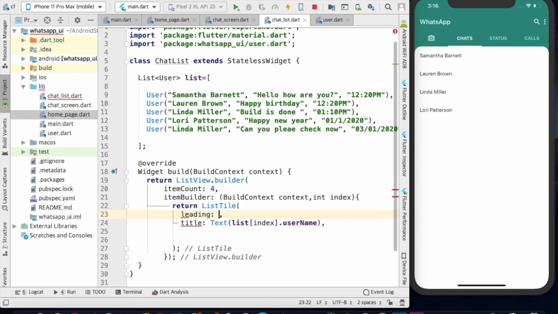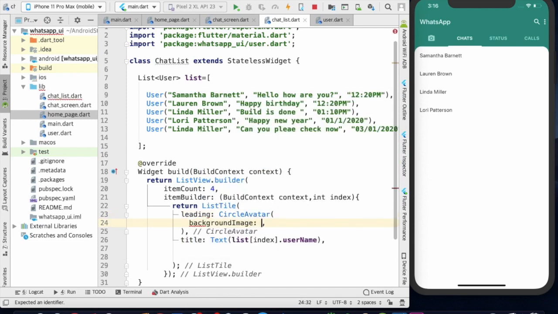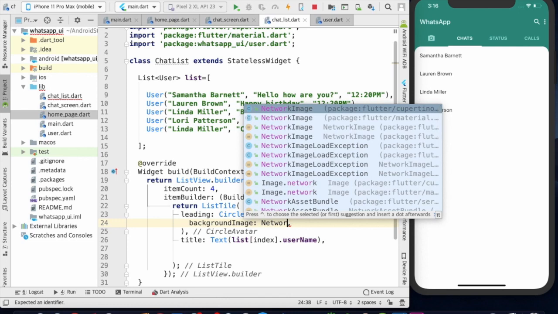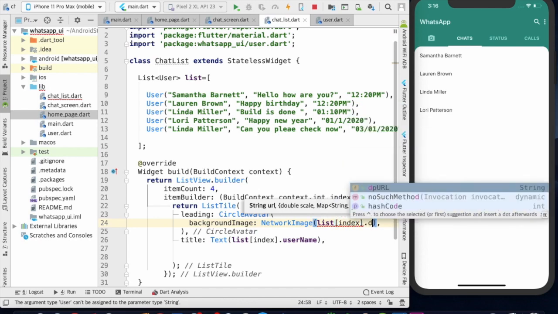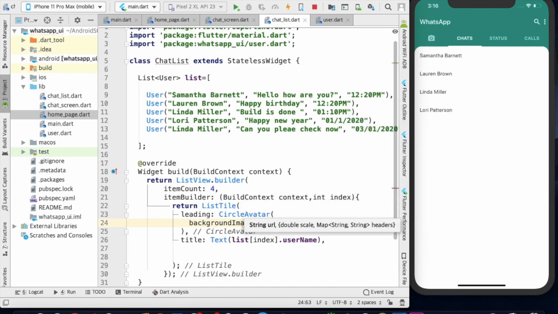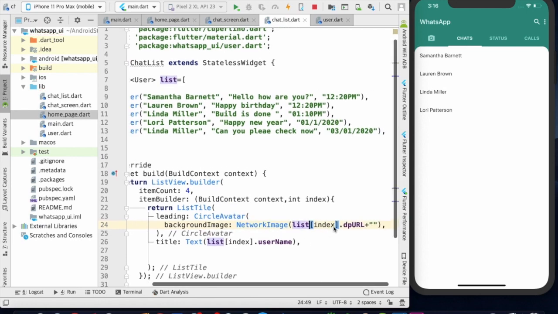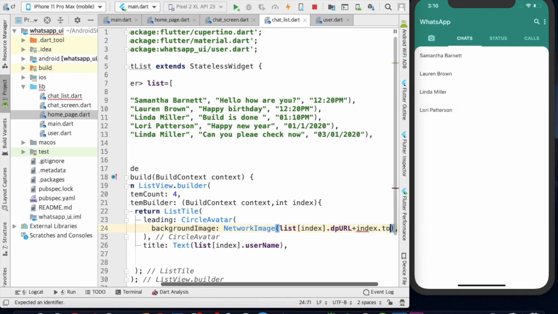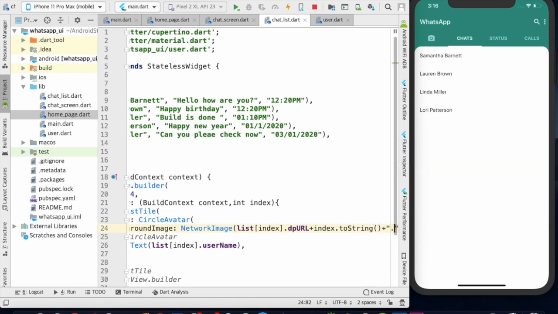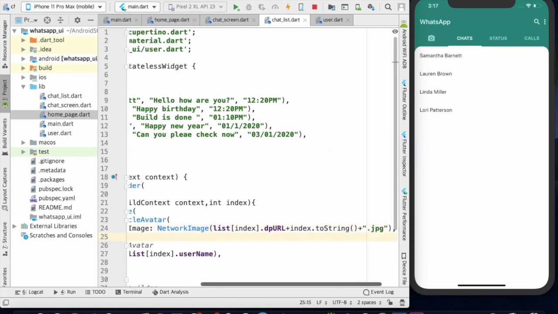We want a leading, a CircleAvatar we want, then here background image, NetworkImage, then take the user list dot index dot dp URL, but we have to append something here like index dot toString dot jpg. Yes,